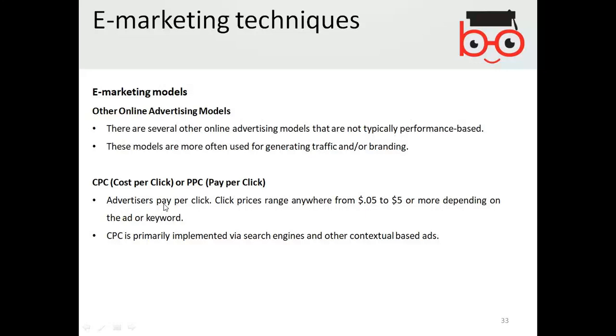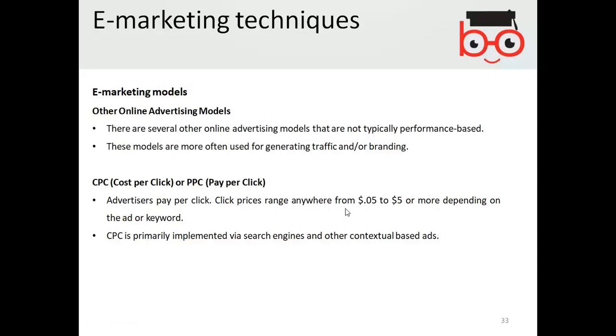Advertiser pay-per-click prices range anywhere from 5 cents to $5 or maybe more. So as we discussed, you can get paid if somebody is clicking on your panel of advertisement like Google AdWords, that you got an ad from Google and somebody clicked from your website to the Google ad.